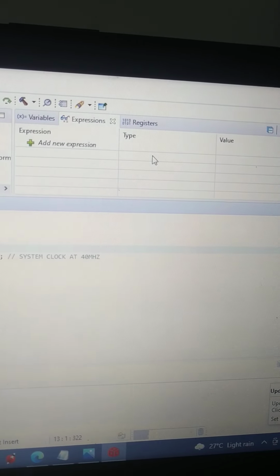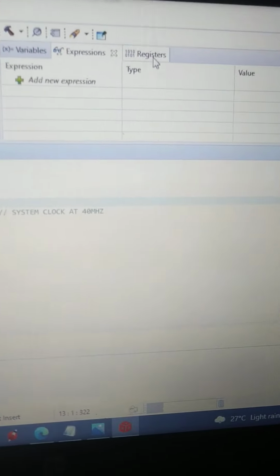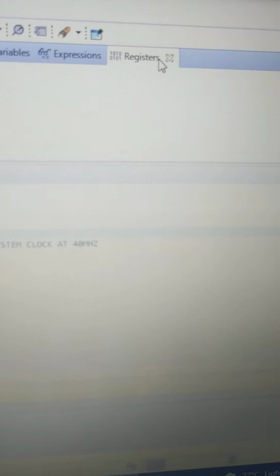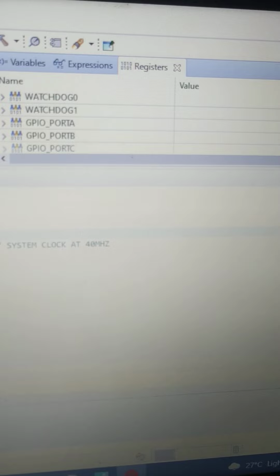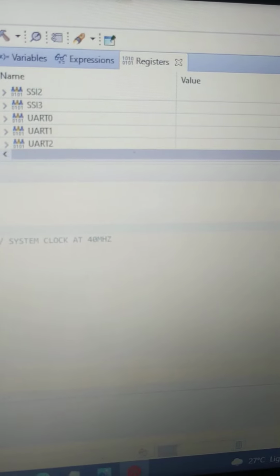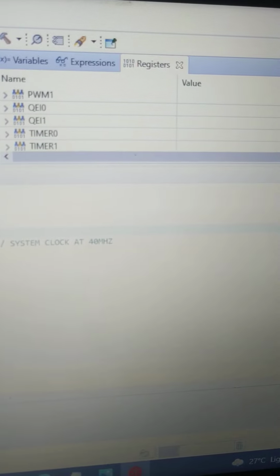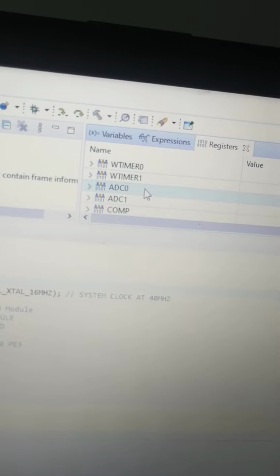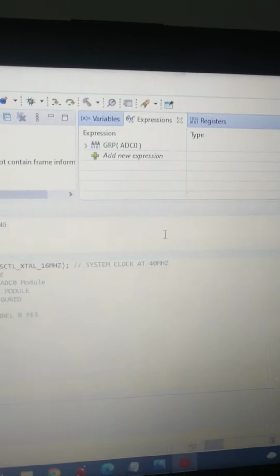Here we have to first add expressions, whatever values we want to observe. So we are using register ADC0. First we have to select that register ADC0 from this list. Select it, right click and add it to watch. So this register has been added.